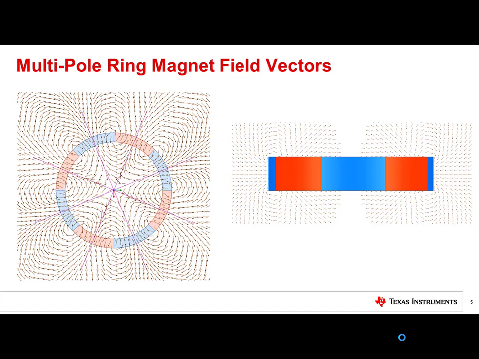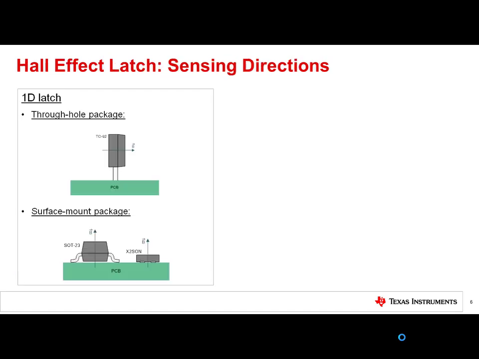What becomes more challenging is to conceptualize the field when a vertical component is introduced. On the right is a cross-sectional slice through two opposing negative poles as viewed from the side of the same magnet. Notice that within this plane, the field vectors also wrap around the top and bottom of the magnet. As a result, we can observe that at all locations around the magnet, the field vector will actually have components in 2 or 3 axes, and that the behavior of the field vector components will be sinusoidal in nature.